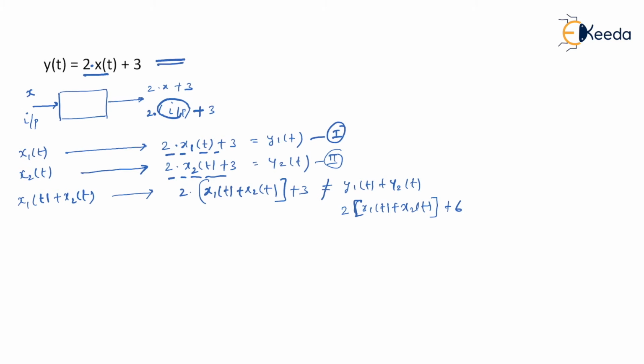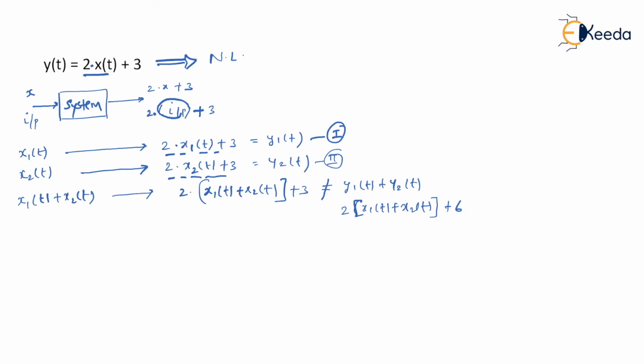So we are crystal clear that this is a non-linear system, right? Again, as I said, not only additivity, but it should also satisfy a homogeneity property. But now here, since it is not satisfying the additivity property, there is no need to check the homogeneity principle also. But just for the sake of understanding, I'll apply the homogeneity property and see whether it is really following it or not. As I said, it is not required now because in advance we know that it is a non-linear system.